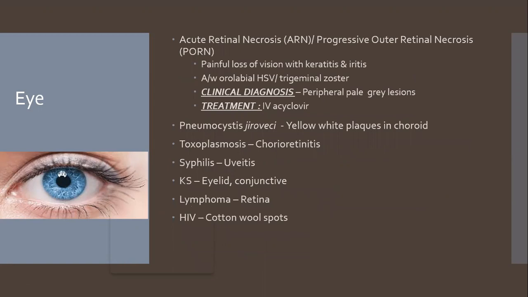The second infection in the eye is called acute retinal necrosis or progressive outer retinal necrosis. This is caused by varicella zoster virus. Right? CMV retinitis is one. The second herpes virus which is affecting the